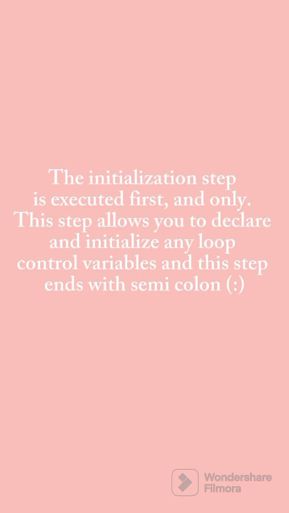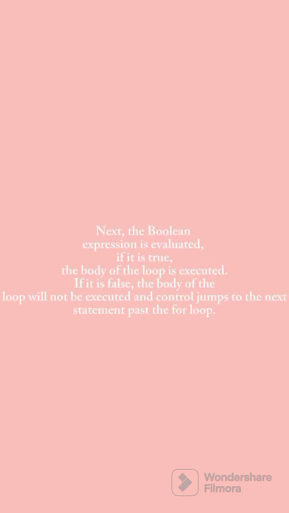The initialization step is executed first and only once. This step allows you to declare and initialize any loop control variables, and this step ends with a semicolon. Next, the Boolean expression is evaluated. If it is true, the body of the loop is executed. If it is false, the body of the loop will not be executed, and control jumps to the next statement